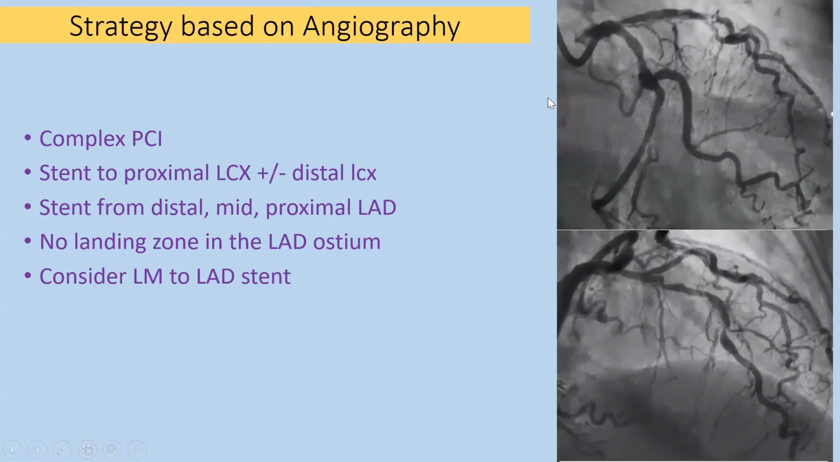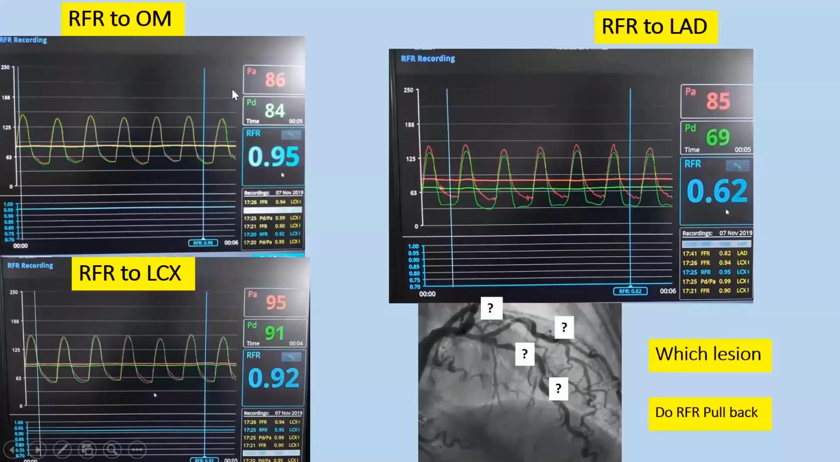We decided to do FFR guidance, and we did FFR to the OM, and the circumflex is normal. Both FFR and RFR were done. So RFR clearly shows the OM and the circumflex lesions are not significant. Now the LAD lesion is very significant, RFR of 0.62. We know the cutoff value for RFR is 0.89, and this means that the entire LAD and the left main